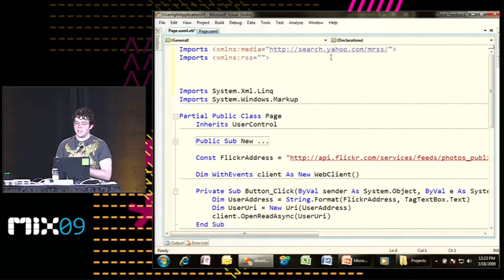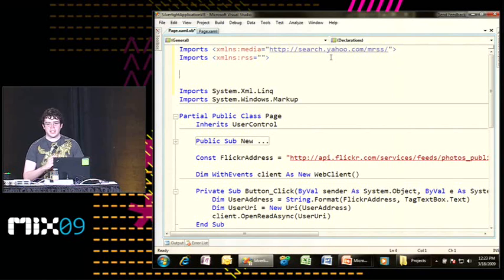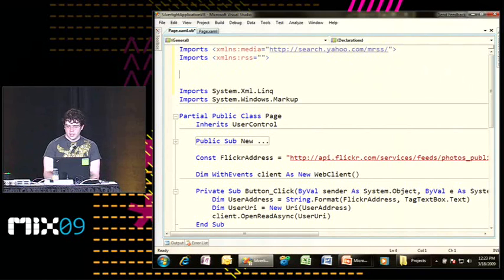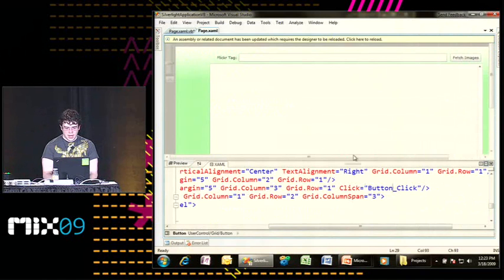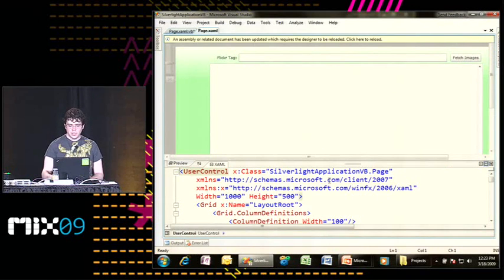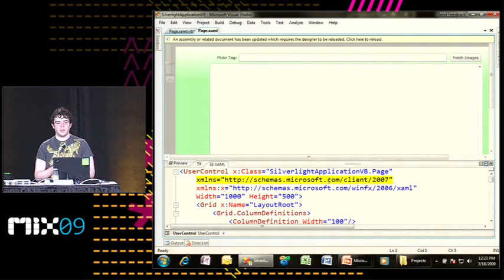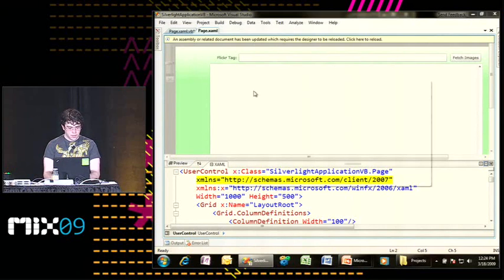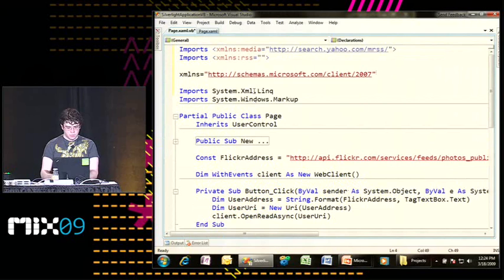But there's actually one more namespace that I care about, and that's the namespace of my target, the XAML code that I'm going to be producing. If I go back to my page.xaml here, and I go back up to the top, you see that, well, the root node here is a user control, but it actually specifies its own XML namespace. So when you specify XAML markup, it's in the schema's Microsoft Client 2007 namespace. And so really, all I have to do now, if I want to start generating nodes into this namespace, as Silverlight will expect, is to copy this, go back to my source code here, say imports,